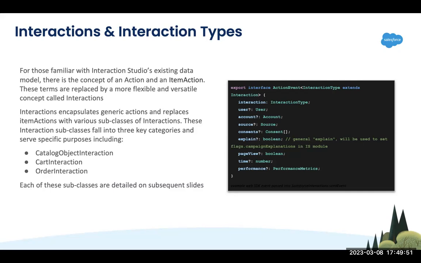It will capture all the data from a sitemap. It has different classes and subclasses involved, which include catalog object interactions, cart interactions, and order interactions. So these are all the